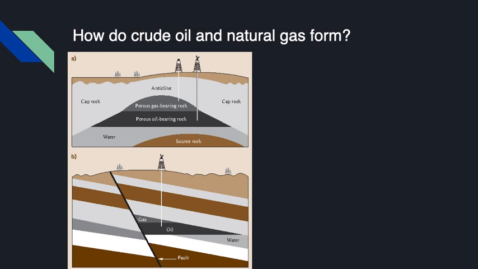First, we get to start with oil. Oil was formed the following way. In a warm, shallow sea was a lot of life, but there was plankton as well. And plankton are the small and microscopic organisms drifting or floating in the sea or in fresh water. And they actually are very small